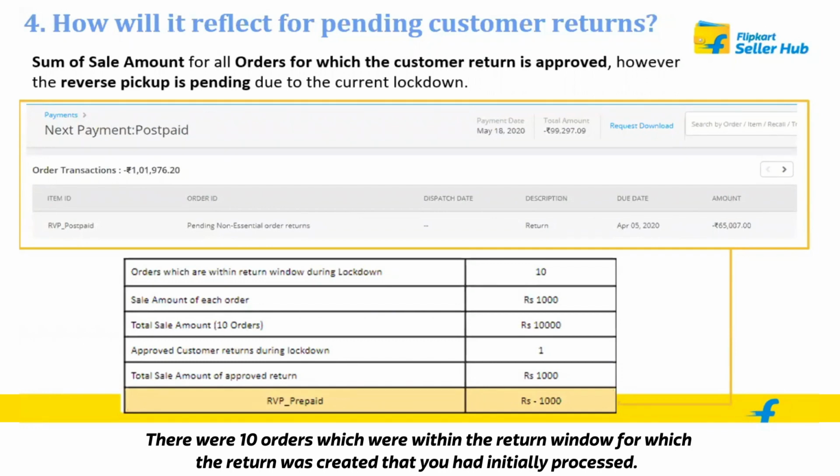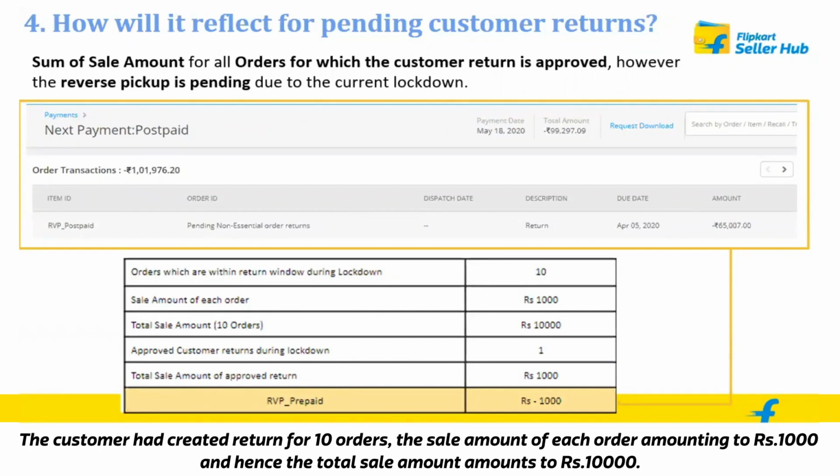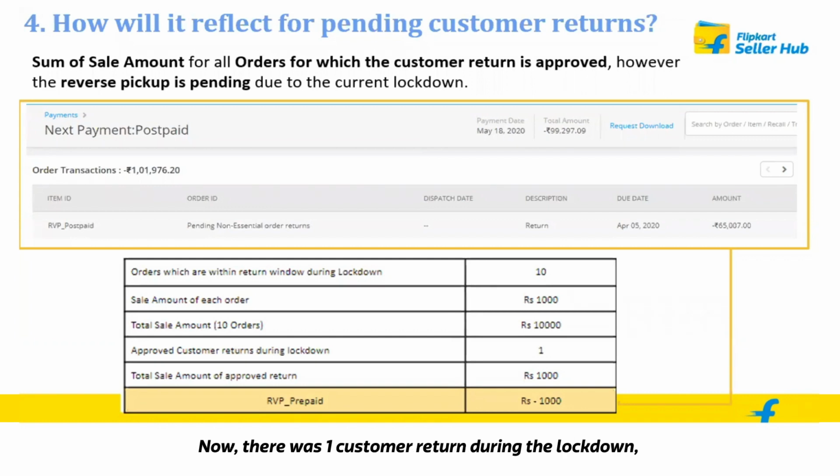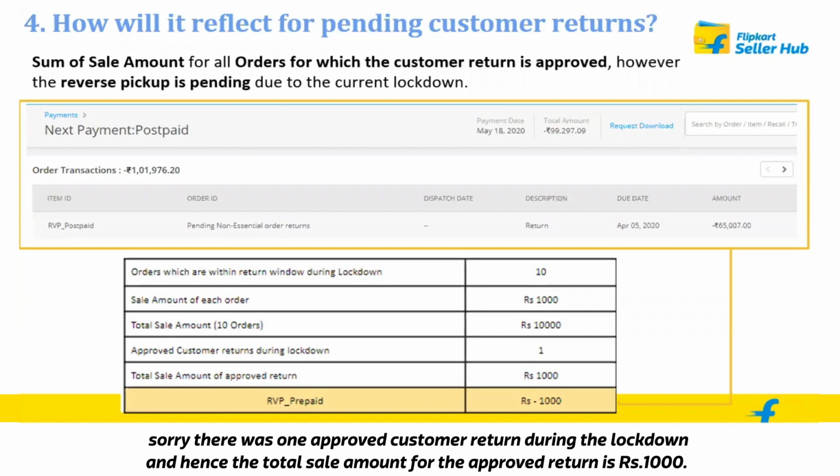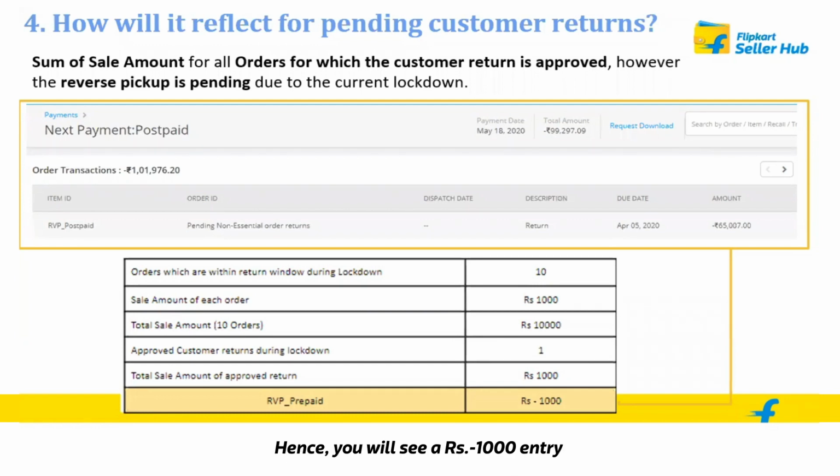The customer had created the return for 10 orders. The sale amount of each order is 1,000, and hence the total sale amount is 10,000 rupees. Now there was one approved customer return during the lockdown, and hence the total sale amount for the approved return is 1,000. Hence you will see a negative 1,000 rupee entry.